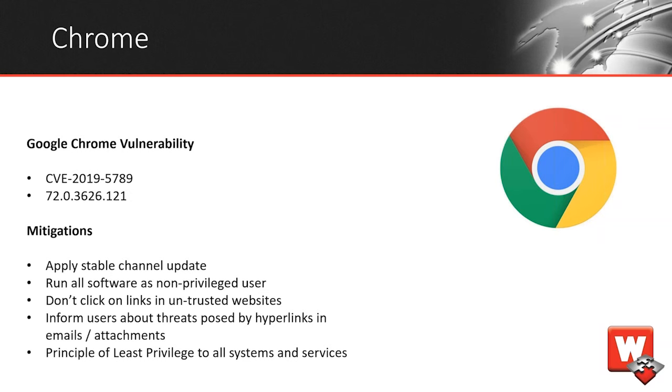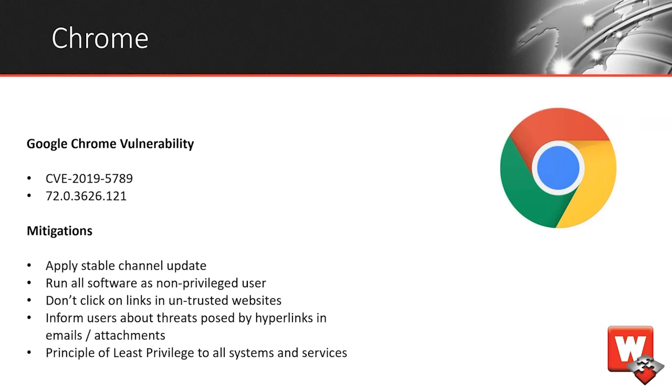This vulnerability can be exploited if a user visits or is redirected to a specially crafted web page. Successful exploitation of this vulnerability could allow an attacker to execute code in the victim's browser. This vulnerability exists due to a use after free condition in FileReader and has been identified as CVE-2019-5789. Depending on the privileges associated with this application, an attacker could then install programs, view, change, or delete data, or create new accounts with full user rights within Google Chrome.